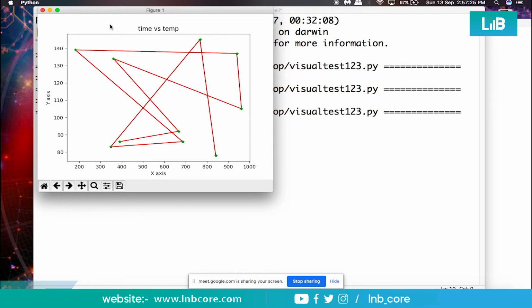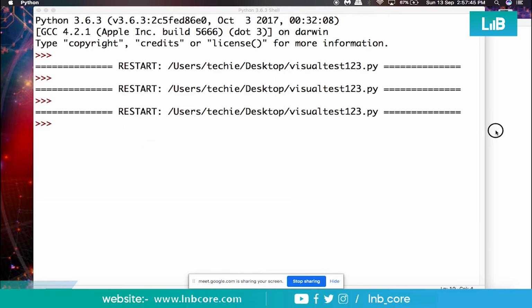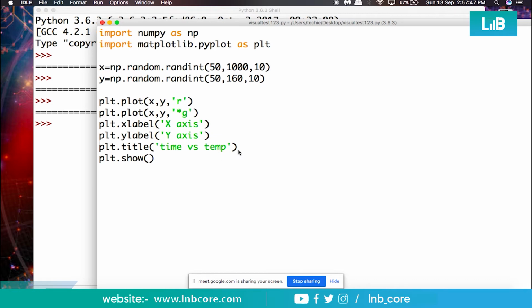Yeah, so again this graph is different. Where to start this graph? From here your graph will be started, and here it will be ended. However, you are not sure whether your graph started from this point or from this point. So what you can do is write a text, start and end. Okay, start and end.